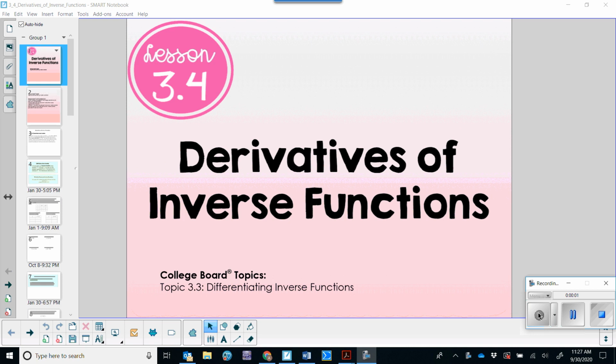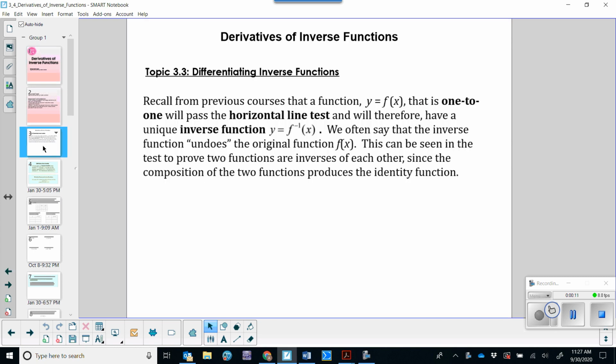Today's topic is derivatives of inverse functions. So we'll add to our things that we're able to take derivatives of. So previously,